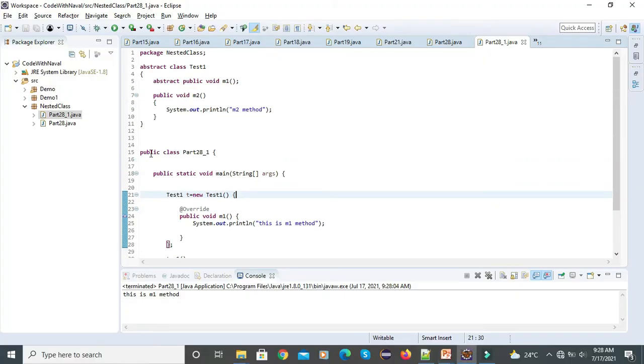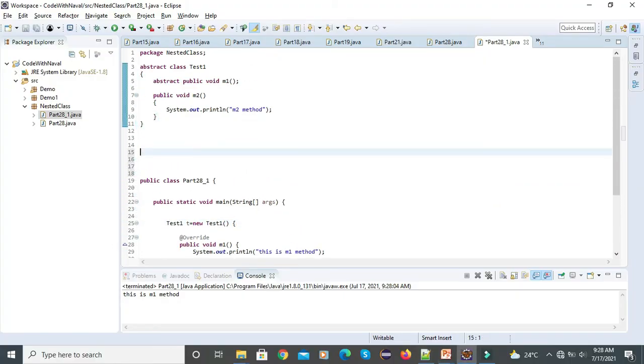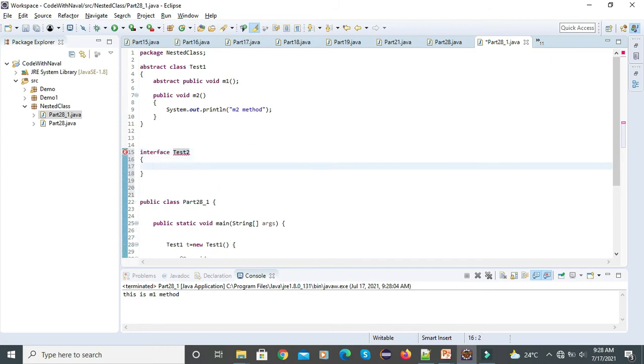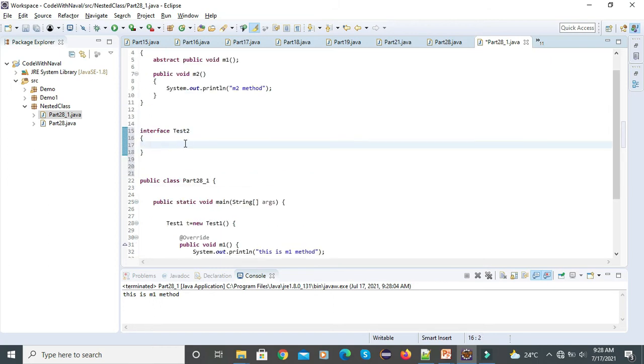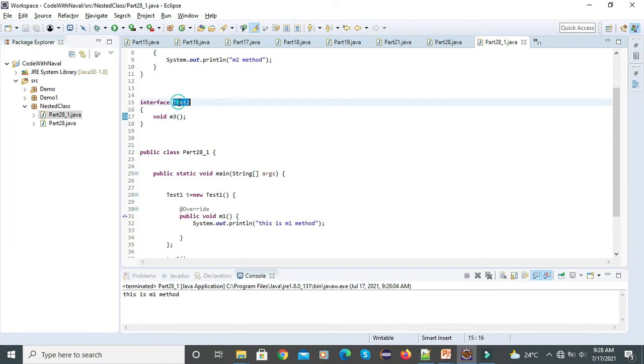Okay, let's declare one interface. I'll simply create one interface, and I'll name it test2. This interface name is test2, and here we simply define one method void m3. Okay, that's it. Now I want to create the implementation of this m3.